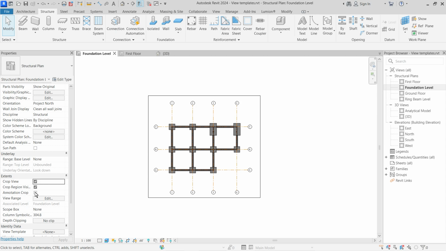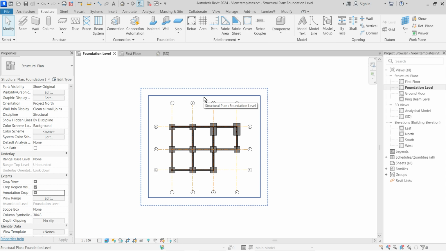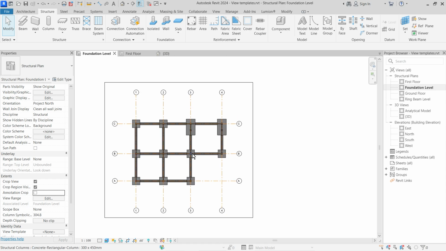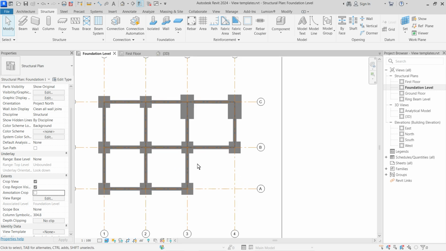now if I switch this on for annotation crop, there's that second outline that is indicated. What that second outline does is to hide all annotations. That includes dimensions, texts, and tags. If I had this column here,